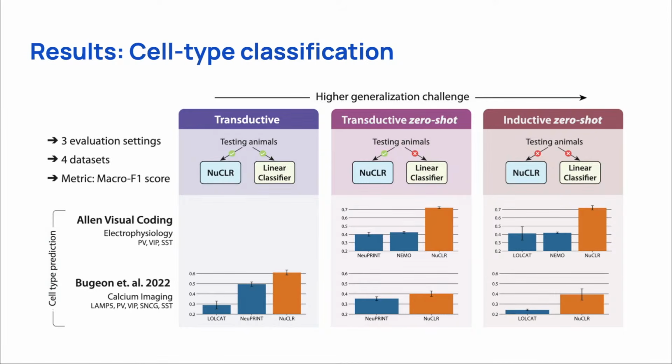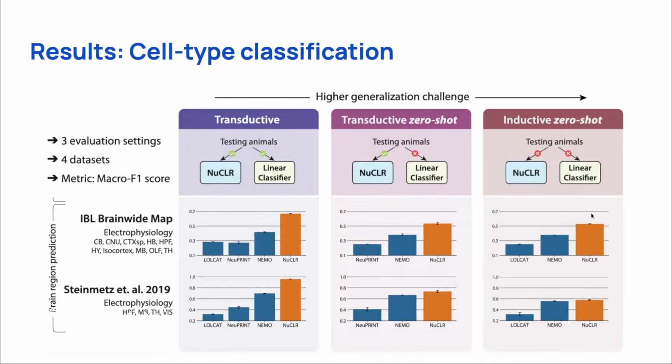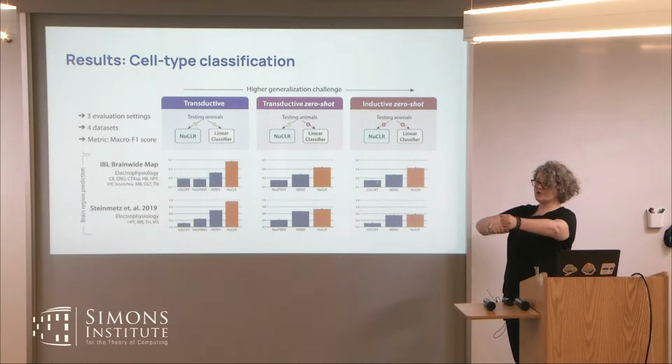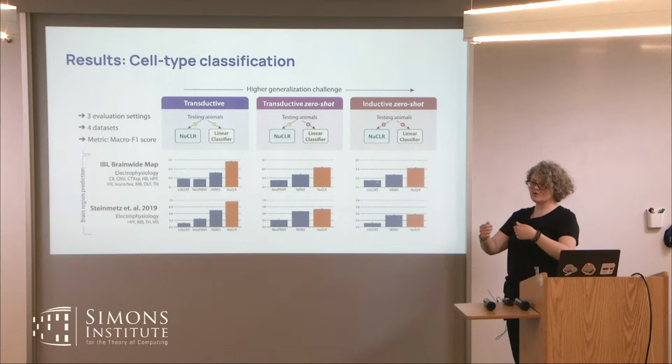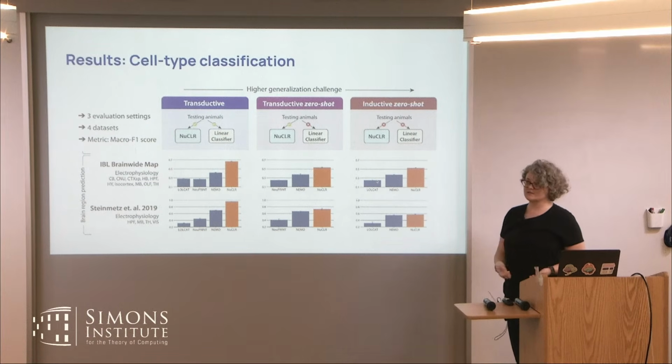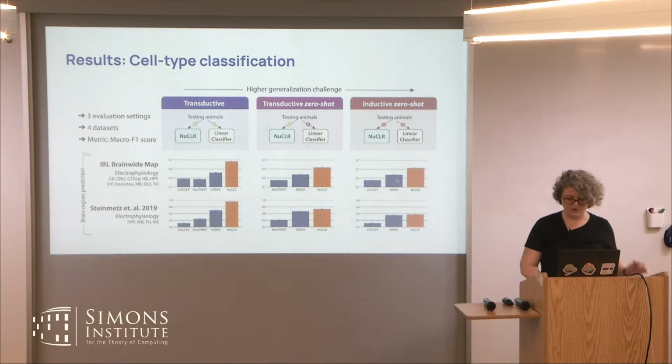So this is electrophysiology, and then we also applied it to calcium imaging data as well. In both cases, finding that we can actually get pretty significant zero-shot performance. And then we also did this for brain region prediction. All of this is those Neuropixels probes that span multiple brain regions. What's kind of cool about this is that you have the same self-supervised pre-training and the same checkpoints, but then you can decode these two different pieces of information. So with those same representations, it has a lot of meaningful information about brain region and cell type.